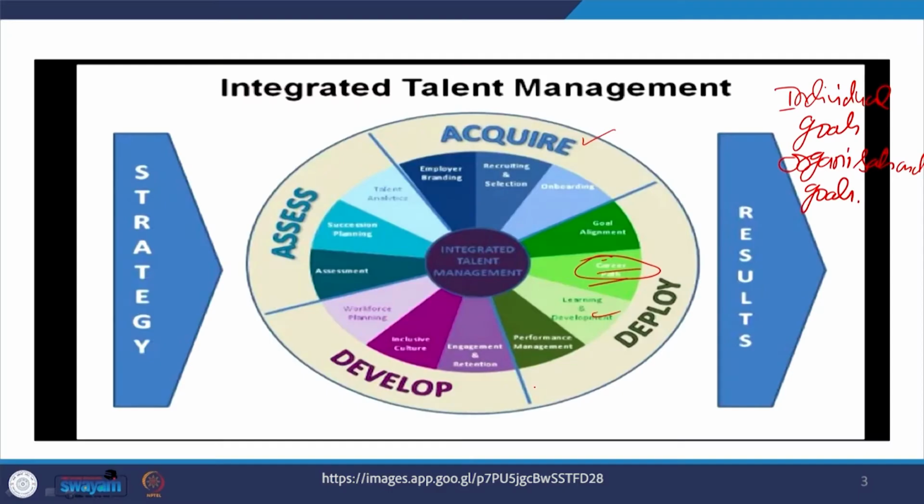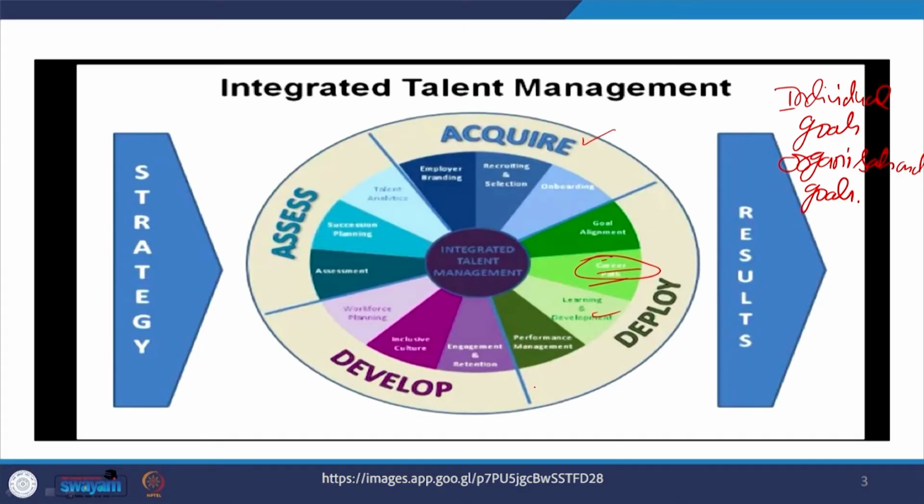Now, the last is the assessment. In the case of assessment, it is the potential assessment. Here we have talked about performance management. Here I would like to say that in integrated management, the assessment is about potential assessment. And when you find that there is a potential, please keep him reserved for the higher position. That is succession planning. You are searching for the successor,